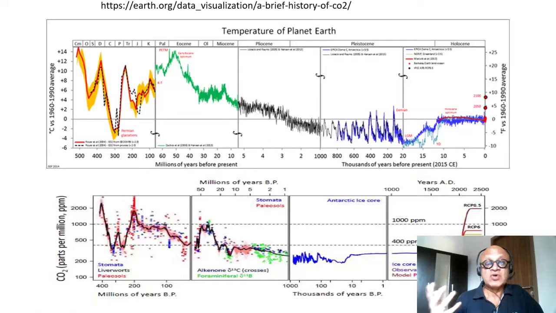There were times when photosynthesis became so abundant that the CO2 was drawn down and there was global cooling, snowball Earth episodes, and so on. But the main point is that the temperature of the Earth has varied as much as 15 to 20 degrees warmer than the current period, going back 500 million years and during the time of the dinosaurs. CO2 has always been a part of the story.